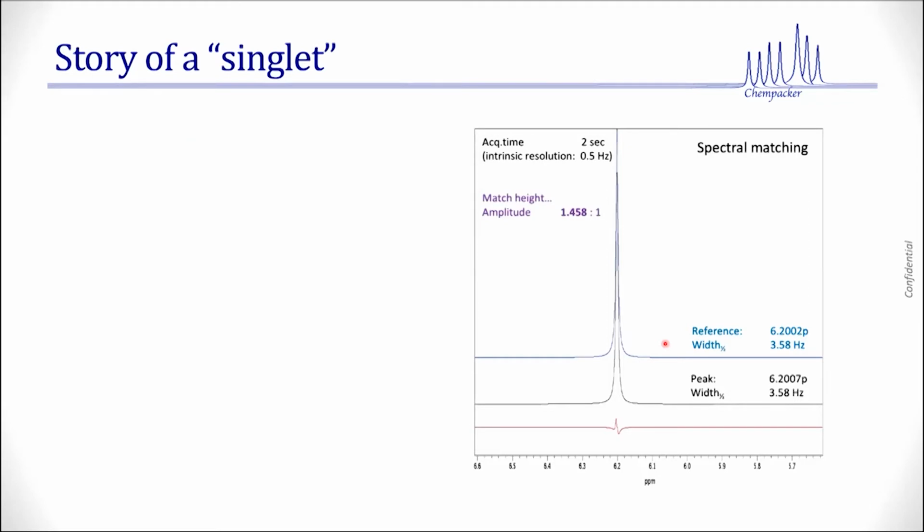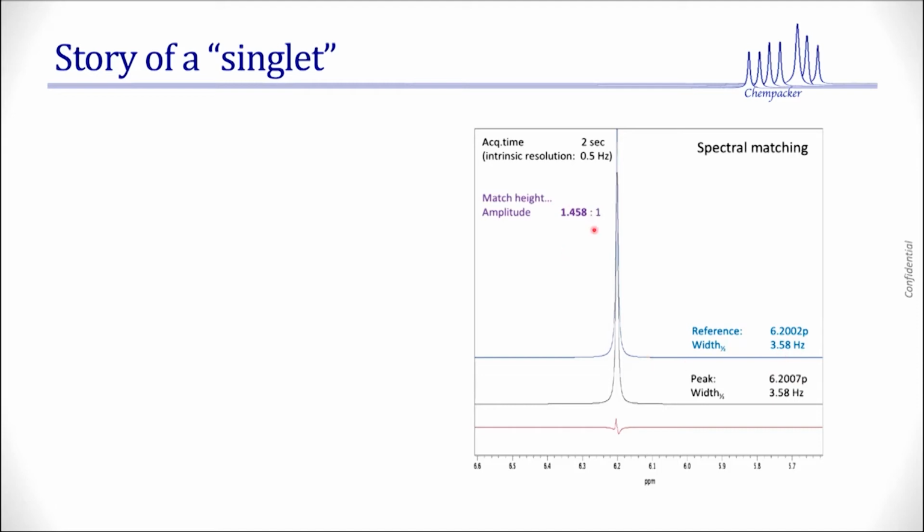There's one more thing that I used to talk about in the past. Quite a few people listened to it. I call it a story of a singlet. Let's say you have a singlet. I look at this peak width, and peak chemical shift width. I say that's a singlet. If I were using the conventional way of interpreting it, I want to quantify that. I look in my database for a reference signal. I find a reference signal that's 0.0005 ppm apart, and similar line width. I match the two. I match the height.